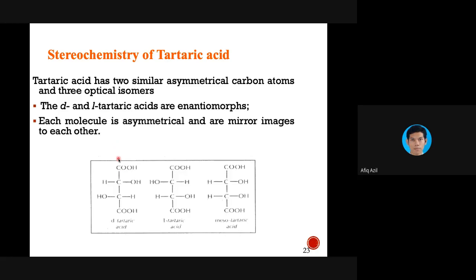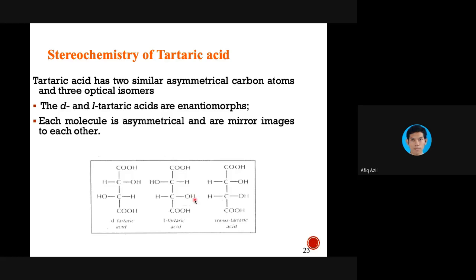Asymmetrical as in, if you place a plane of symmetry in between, the left side or the right side cannot be superimposed. And if you put a plane like this as well, a plane of symmetry, you can cut in half this way. It is still not the same. Okay, so